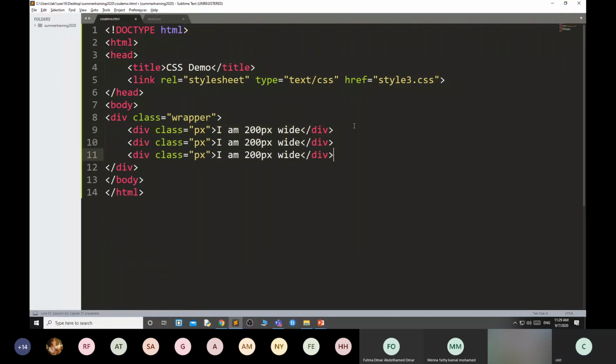Copy, and here I am going to use VW. I am 10 VW wide and the third one is EM.